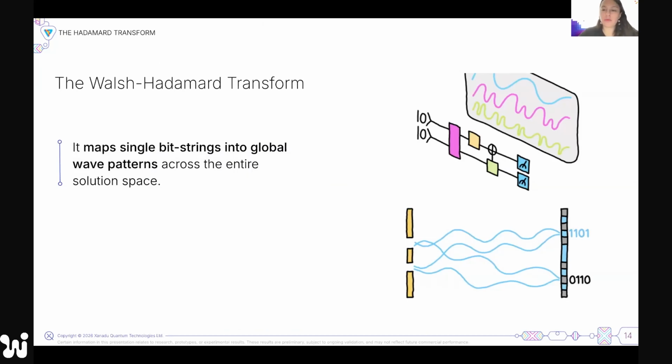The DQI algorithm, which we're going to talk about, has a few different steps. The first one is we're going to encode the weight coefficients. Then we're going to prepare some states. They're called DQI or Dicke states. I don't know how to pronounce that, but basically we're going to prepare a certain set of states which have some characteristics, and then we're going to do some computation and uncomputation. So we're going to use some tricks to modify these frequencies. That's what they call the computation and uncomputation.